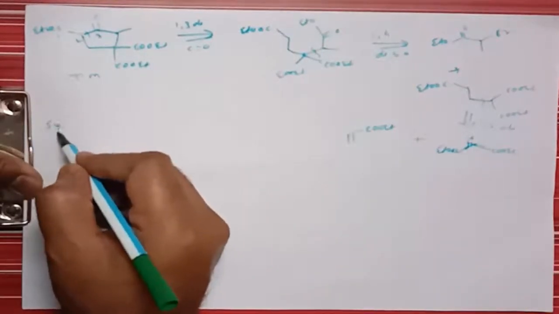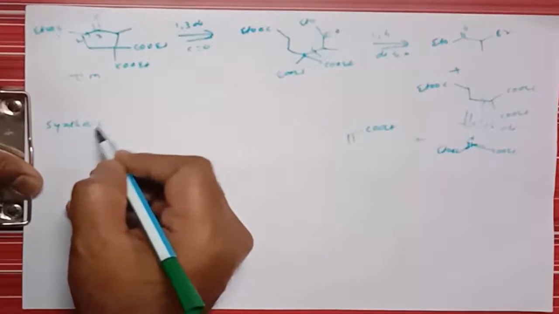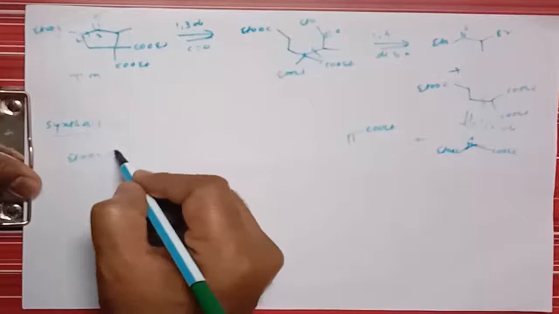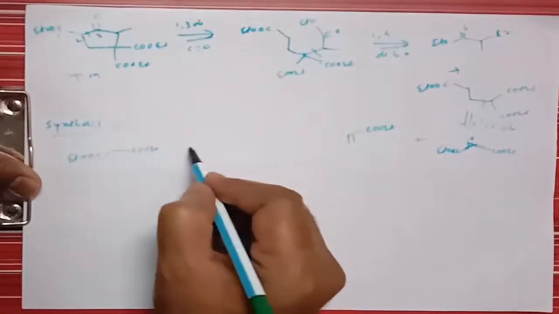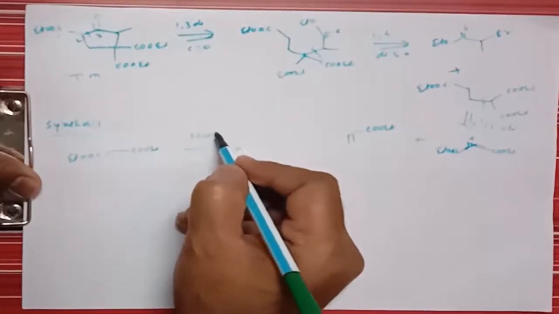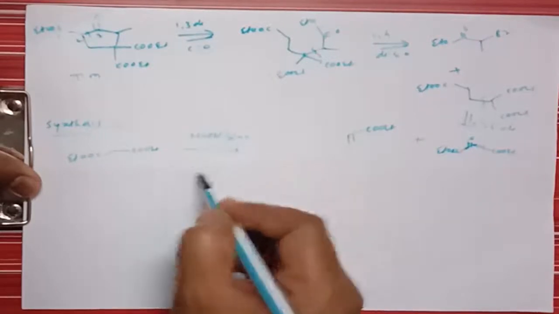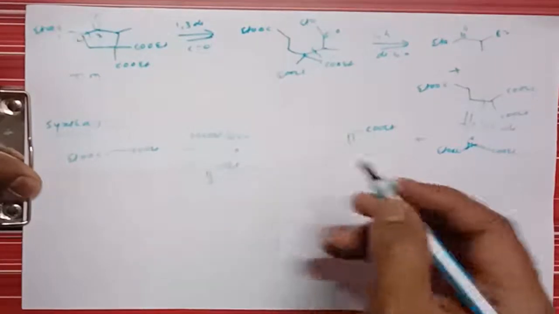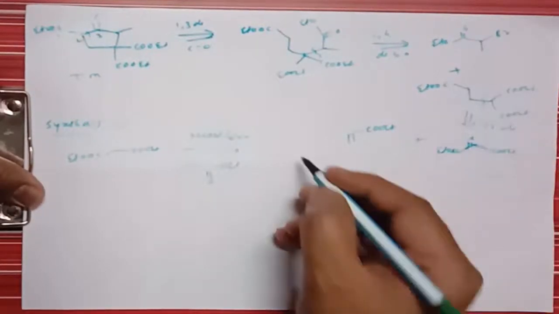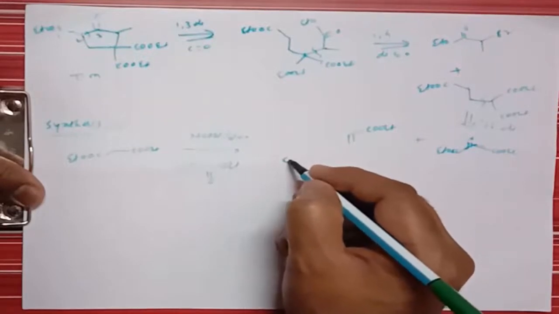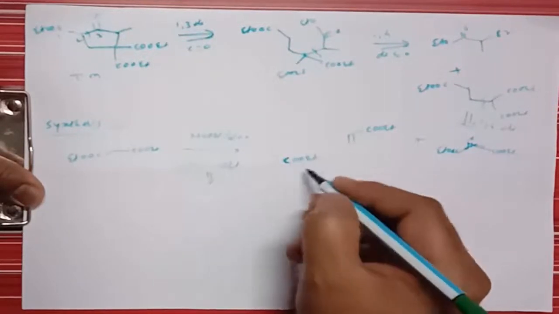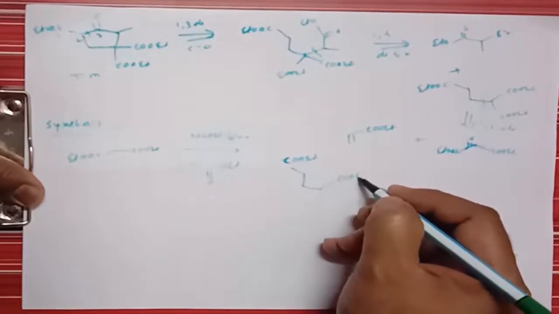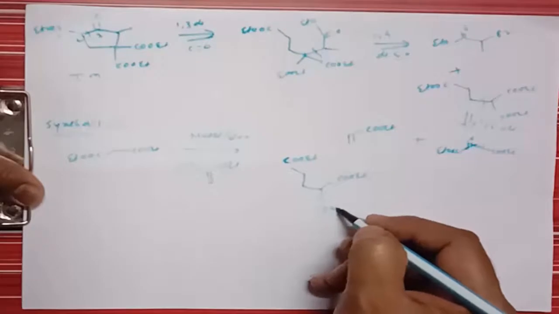Now in the synthesis, you can take this ester, that is EtOC CH2 COOEt. You can treat this molecule with base, that is sodium ethoxide, in presence of ethanol and this ethyl acrylate. So it gives formation of such type of compound, that is a polyfunctional ester, COOEt. Here is again COOEt.